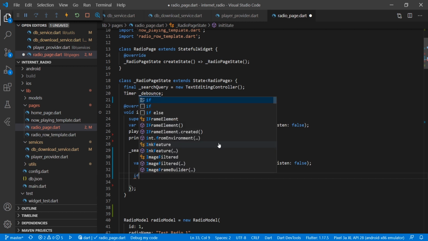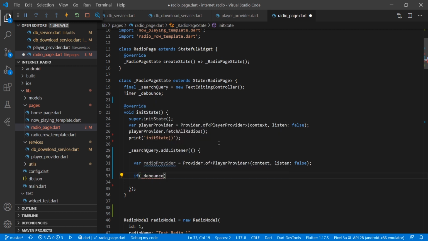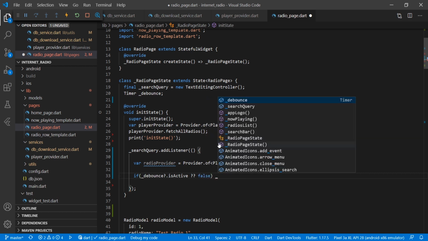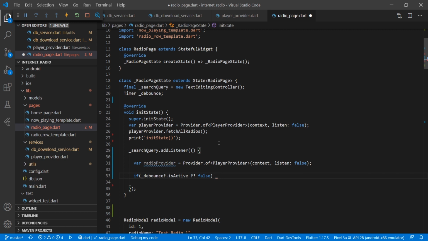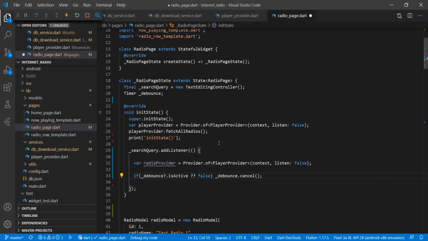Now here we will check the condition: if debounce is active or not, then false, else we are just debounce.cancel. Now here we are checking if the debounce is active or not. If it is active, then we are just cancelling that debounce.